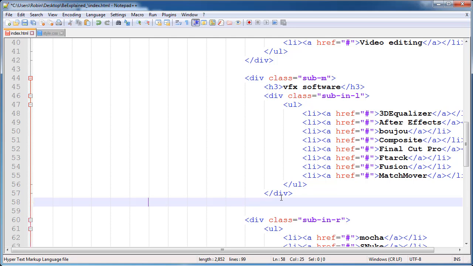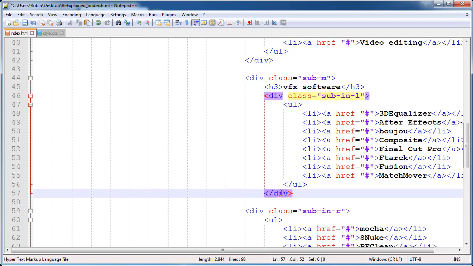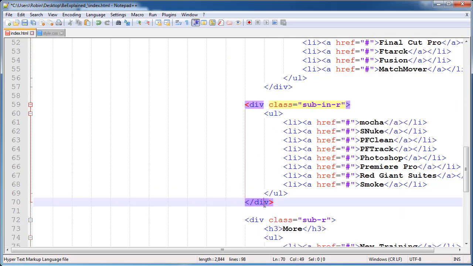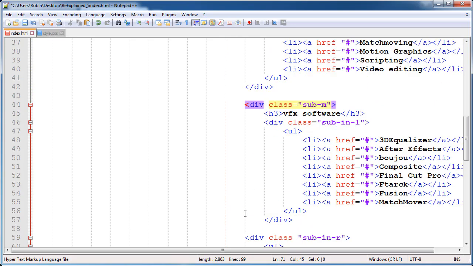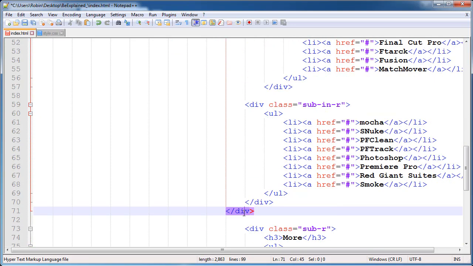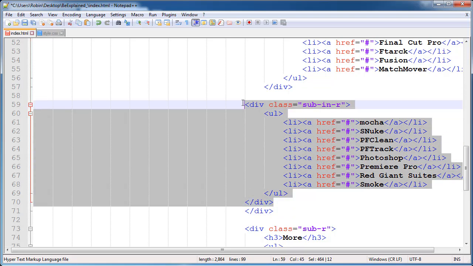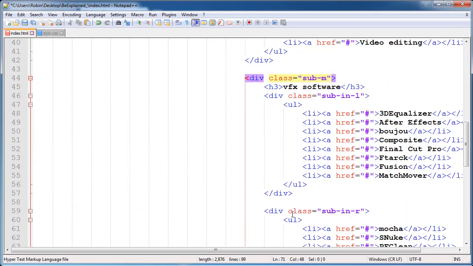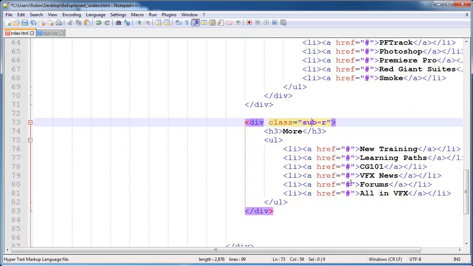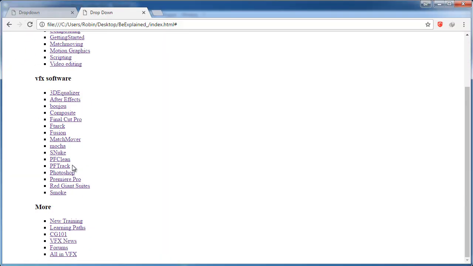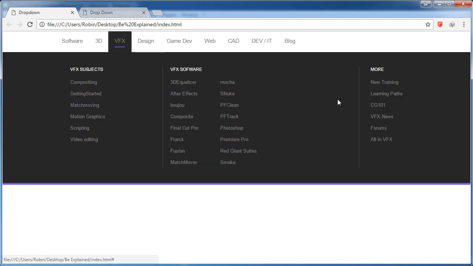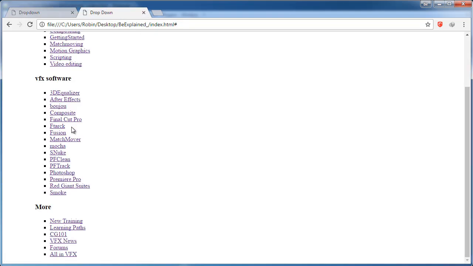And you can see this is the class sub menu, and this is sub inner right side, and close the div. So I already explained that we are using many div tags because we are not using any JavaScript. By refreshing you can apply the changes, and I will see what this is. So this is the right side, this is more. So our VFX is now completed,